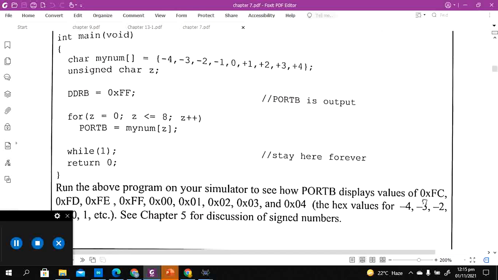The 2's complement of -4, that is 0xFC, is going to be shown. You can just take the number 4, take its 1's complement and 2's complement, and this is basically -4's 2's complement. We can just show here.